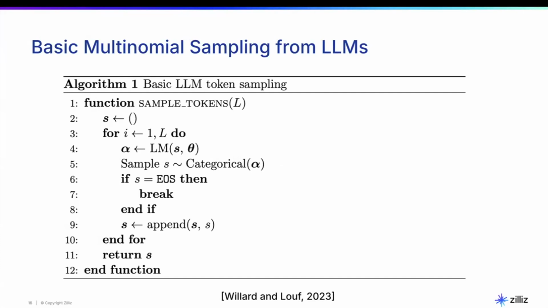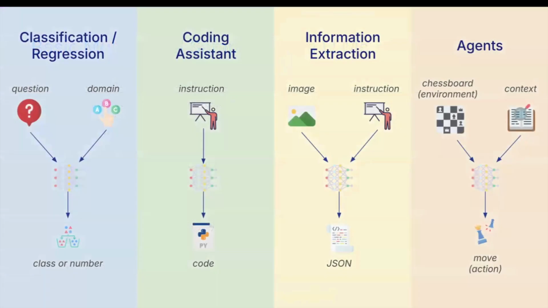So that's all well and good, but what if we don't want to just sample anything from our large language model distribution? What if we want the output to have a specific structure? What if we want it to be JSON or XML or mapped to a particular data structure? Then we're going to have to make some change to this procedure, whether it's in the sampling or what we do afterwards. So is everyone here familiar with what we call structured output from LLMs?